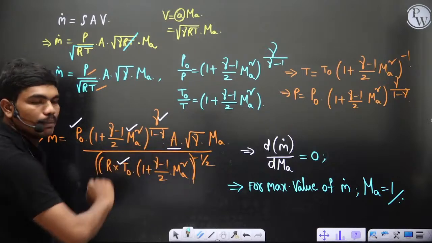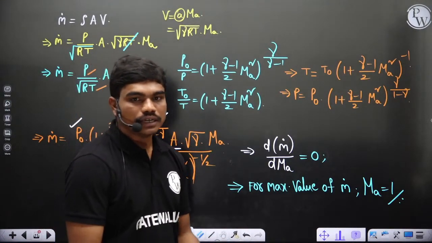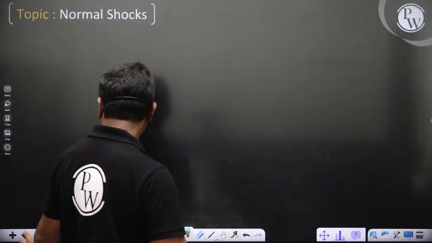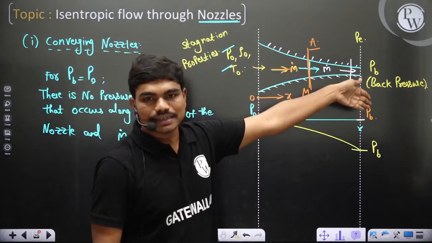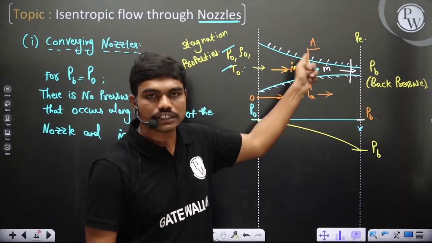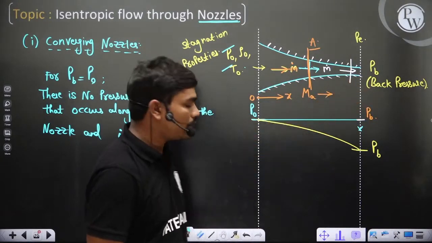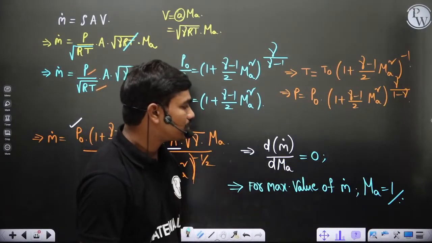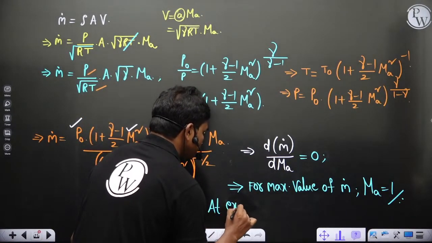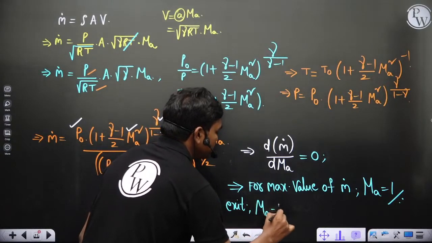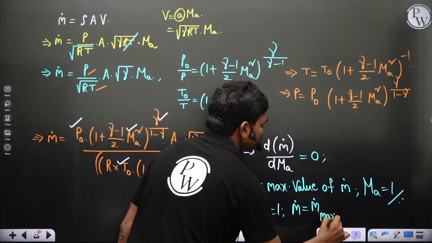If you differentiate this with respect to Mach number and equate it to 0, you will have Mach number equal to 1. Because all over this part the flow is subsonic, so the maximum Mach number up to which you can touch is 1, because using a converging nozzle you cannot go to supersonic limits. So maximum you can go is only up to Mach number equal to 1, and that's what it gives you. At Mach number equal to 1, this m dot is actually maximum. So at exit, for Mach number equal to 1, m dot is equal to m dot maximum actually,